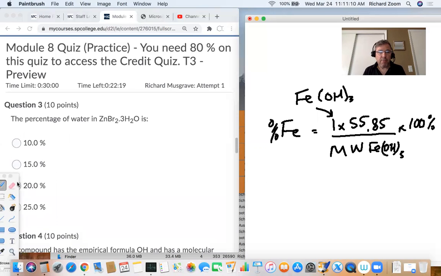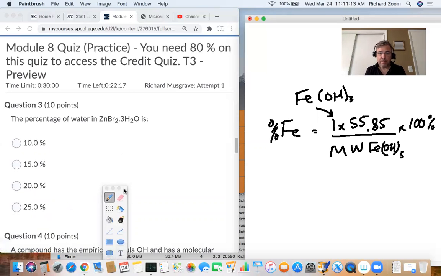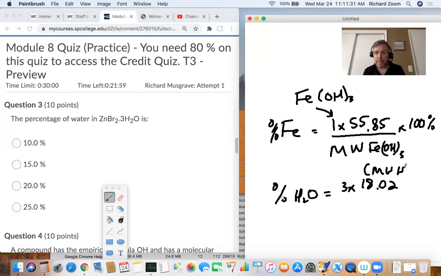For the percentage of water in a hydrate, so we're looking for the percentage of H2O here. In ZnBr2·3H2O, it'll be 3 times 18.02, and that's the molecular weight of water, H2O. And the 3 there is because there's 3 of them here in the hydrate. And over here, this will be the molecular weight of the entire thing,